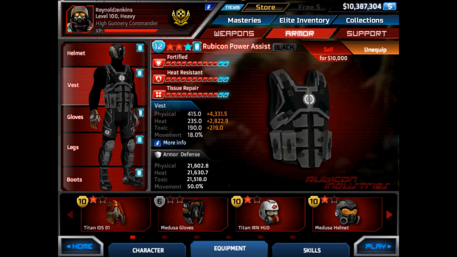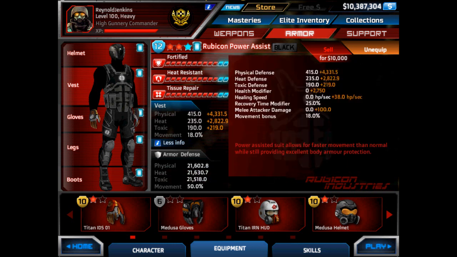The next piece I'm using is the Rubicon Power Assist for the movement speed boost, and also for the revive cooldown it gives you. Revive speed 25%, which is pretty decent. So for the particular build I'm using, the hard plate chest would actually be a really good option here as well. It would help you save a lot of points in body armor expert, whilst still getting a decent amount of speed. But this one gives you a much higher speed bonus, so